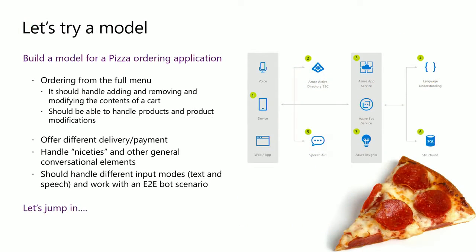Okay, so rather than run you through slides and try to say this is new and that's not very interesting, I thought we'll take this chance in this session to design a model. So we are designing a pizza bot. Microsoft now is in the pizza business, and in their pizza business, they need a bot. This bot has to allow you to order a pizza, accessing the full menu, allowing you to customize your pizza. Delivery methods, payment methods. It has to have some niceties, so it has to have confirmations and greetings and all that nice stuff, and has to be able to handle this from an end-to-end scenario.